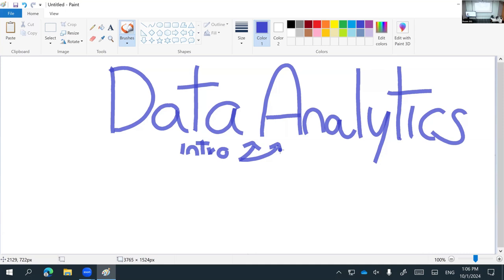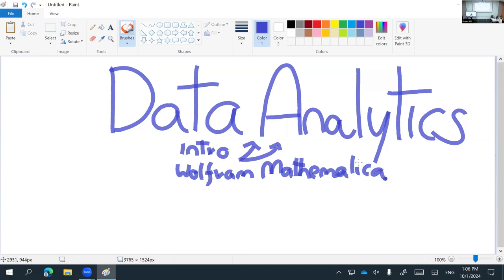And then because we are using Mathematica as a high level language for doing data analytics, as with the textbook, we have this kind of partitioning, right, into three units, so to speak, right? So one is the interactive visualization,